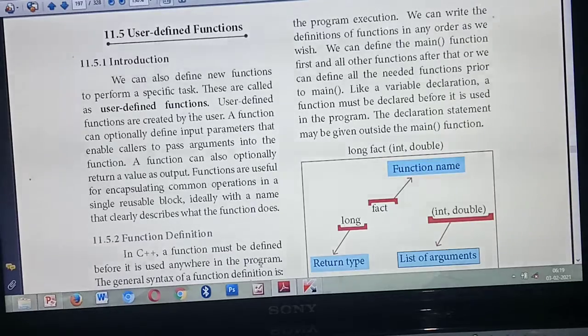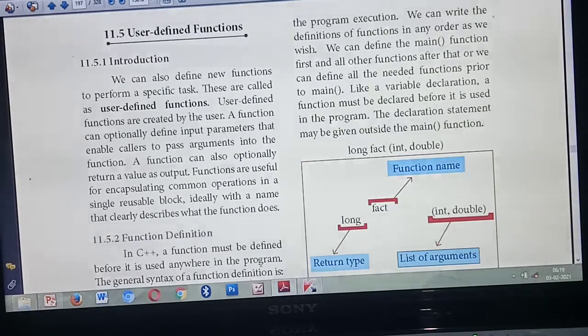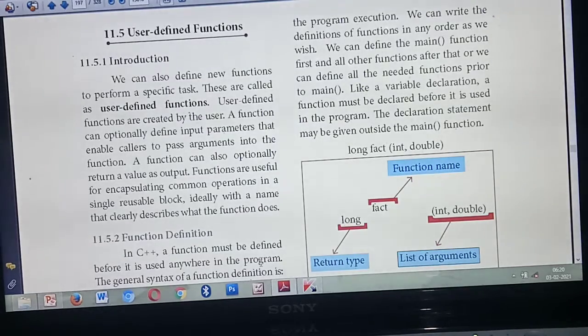So these kinds of functions are defined by whom? The user. Who is the user? The person who writes the program. Inside the function you can give a lot of input parameters as well as arguments. What do you mean by input parameters and arguments? For example, inside the function, int a, or a, b, c. We call those input parameters or arguments. In a user-defined function also you can give many input parameters and arguments.